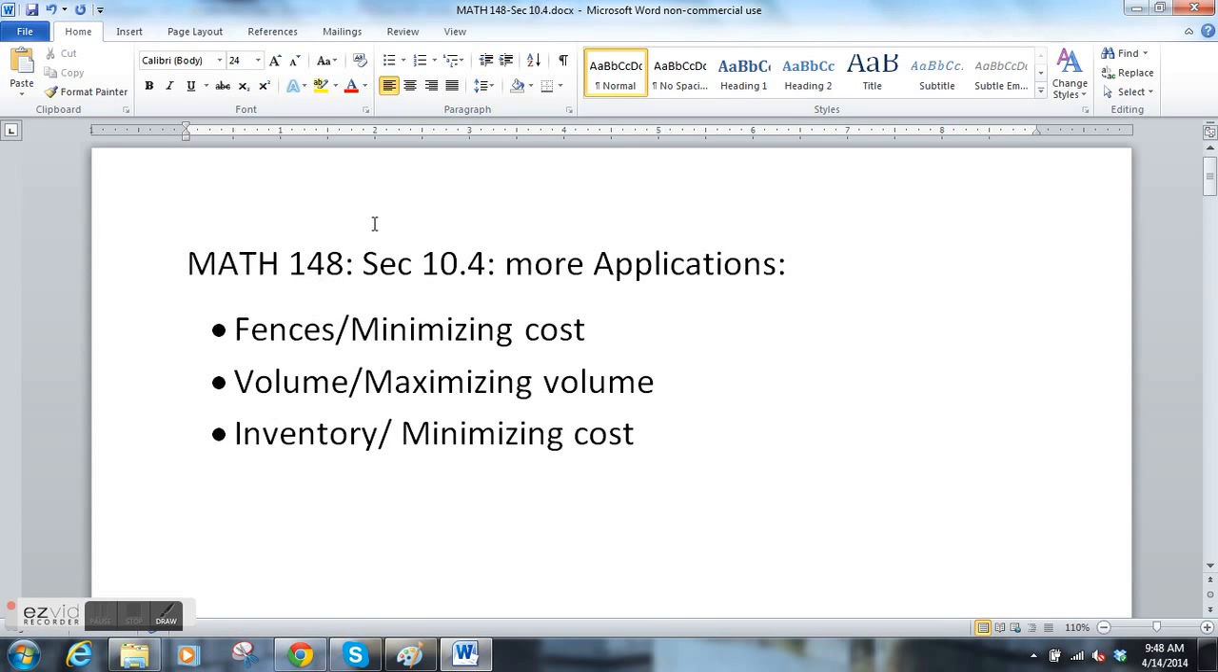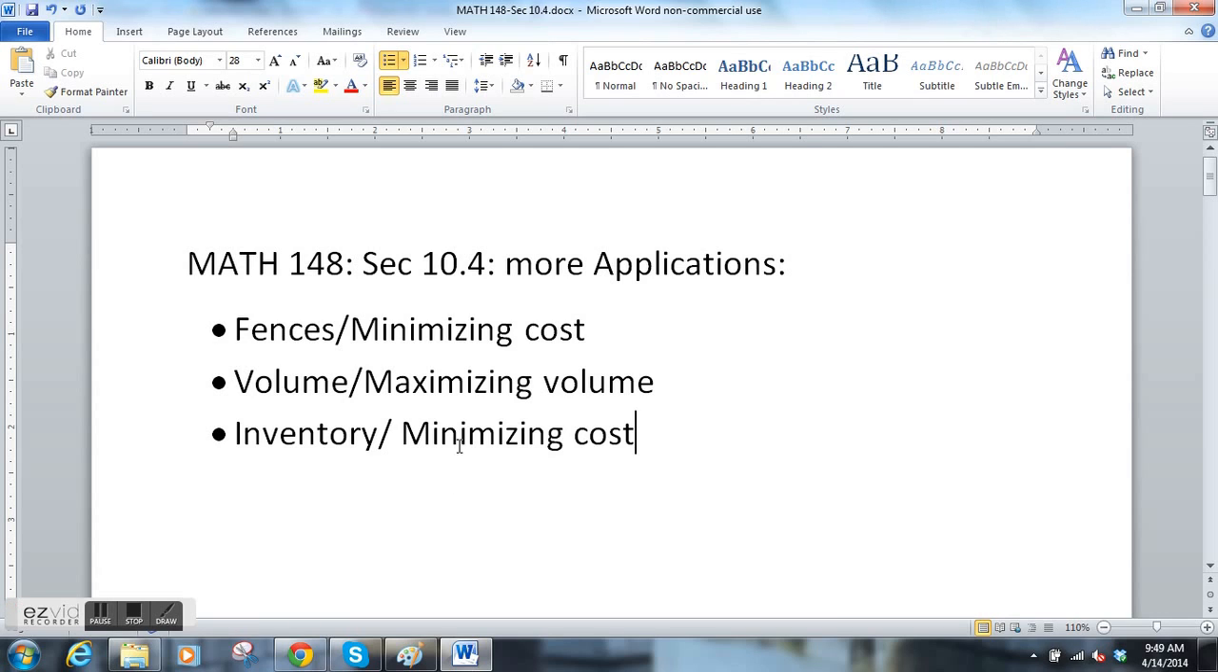Hi guys, this is Math 148, section 10.4, and in this section you're doing more applications with maximizing and minimizing different situations. The three problems that seem to come up in this section are problems that involve fences, where you're minimizing the cost of enclosing a space with a fence. Another one is volume, where you're trying to find the maximum volume for a box or whatever. And then inventory, where you're minimizing the cost, trying to figure out how many items you should make per production